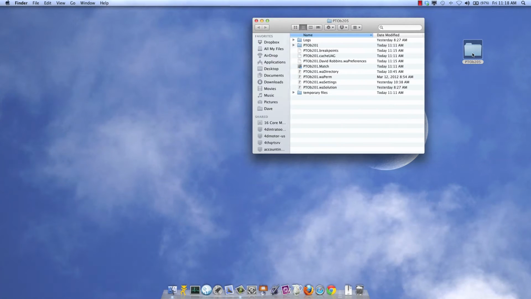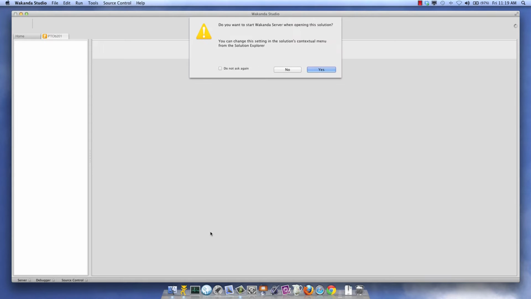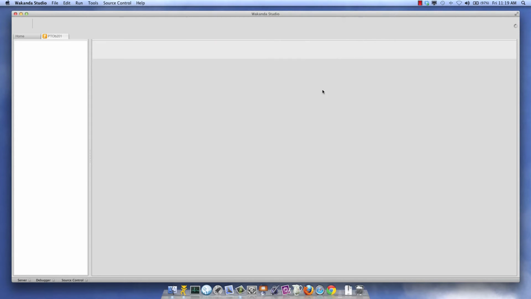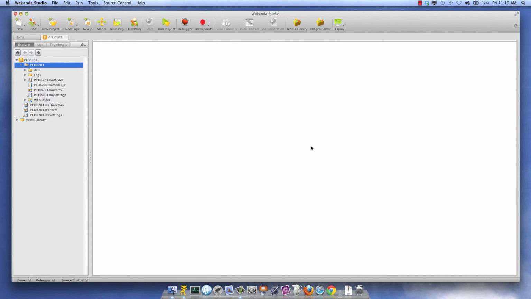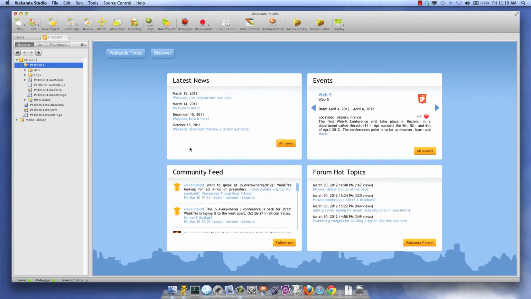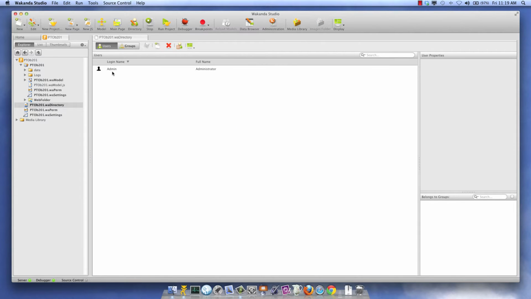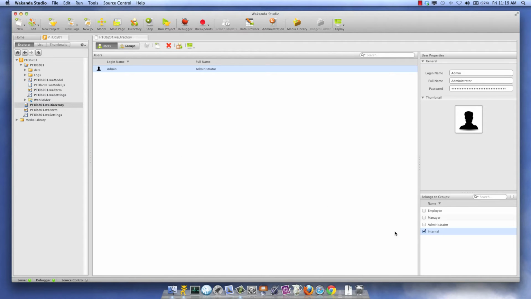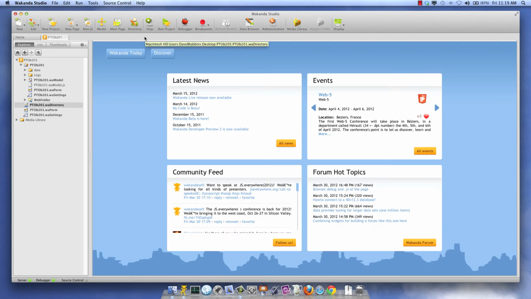I'd like to show you the custom login scheme that I'm creating for my PTO application that I'm getting ready for release. So let's look at it. I'm going to launch Wakanda Studio, and let's take a look at the directory. For my new scheme, I'm going to have one user in the directory. I'm going to have permission groups, and the one user, the admin user, will be a member of the very